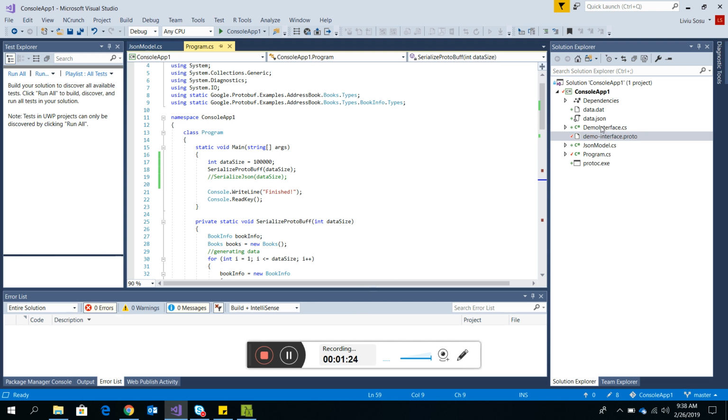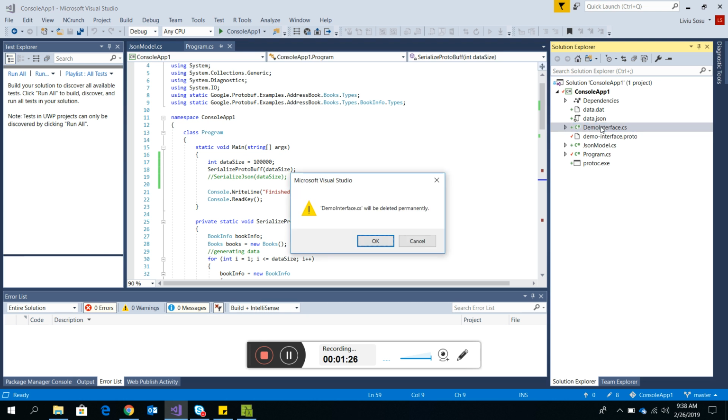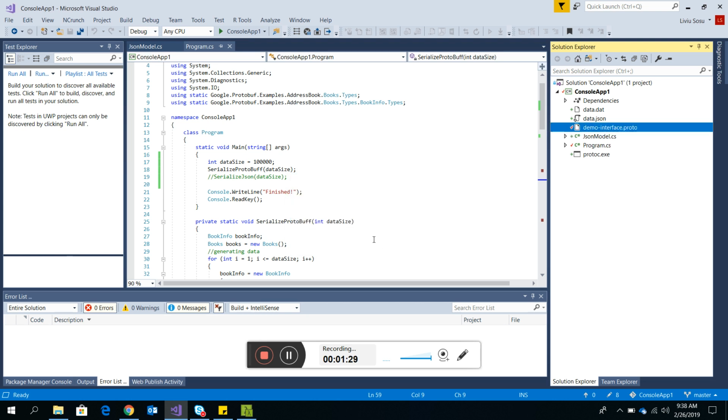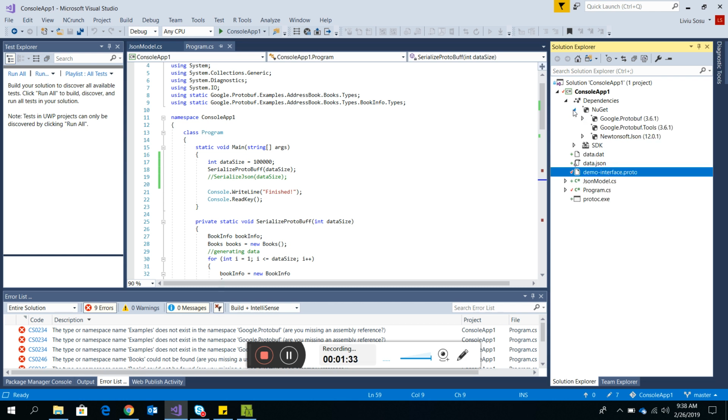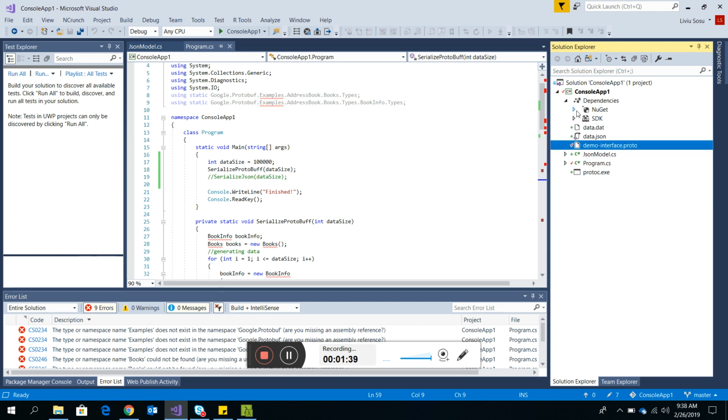We can also delete it, though we're gonna get some errors. I also installed these two packages for protocol buffers, in order to get that class,